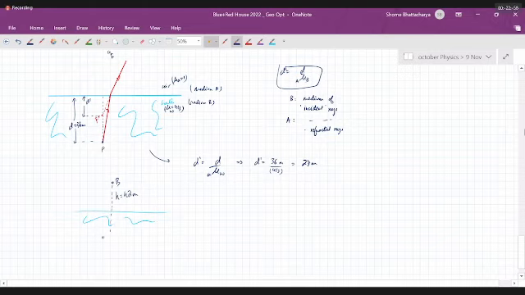The fish will appear to be over here. D prime of 27 meters. So it will appear to be at a depth